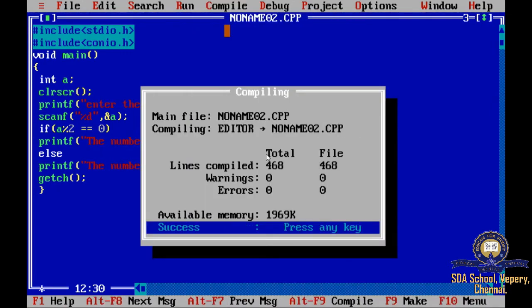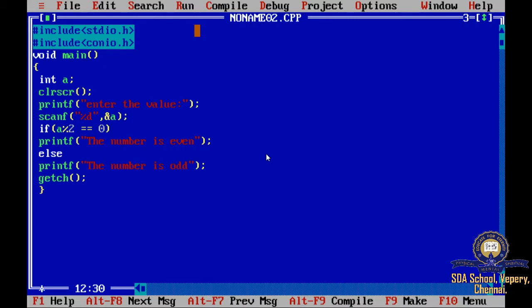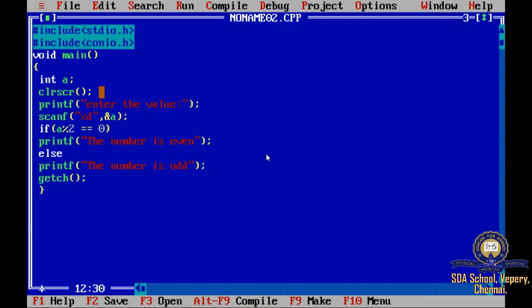Every time you have to first compile and only then run. So I'm giving 1, the number is odd. I'm again checking for one more condition. I'm giving 6, then the number is even. Okay, so this is if else.